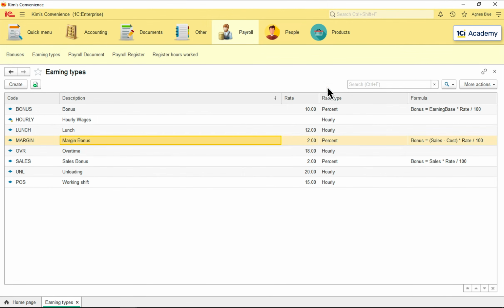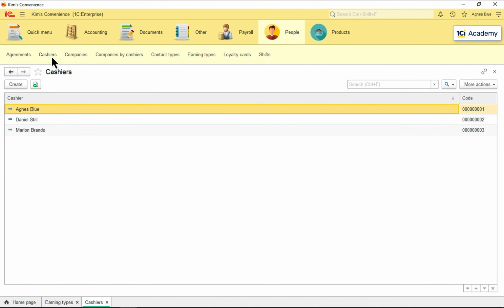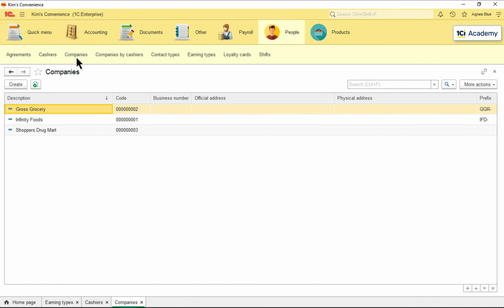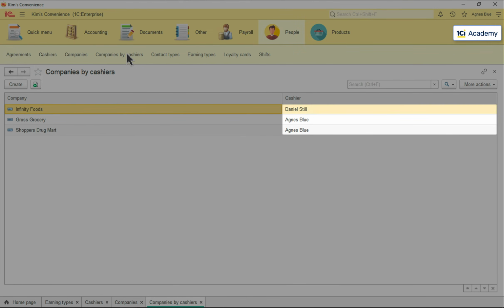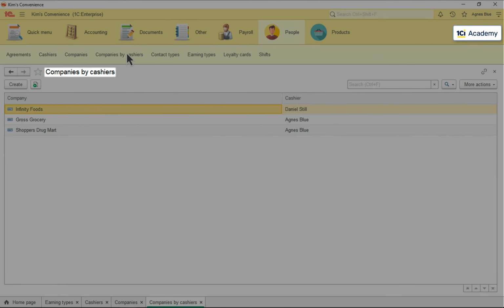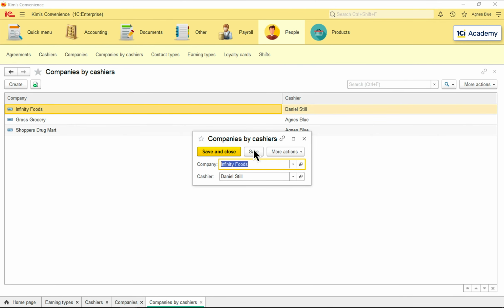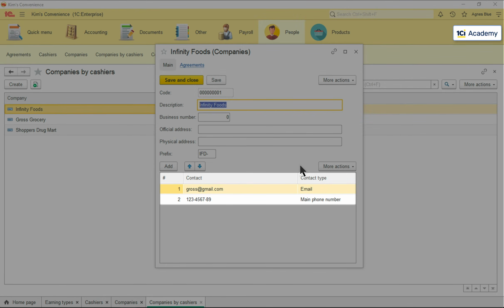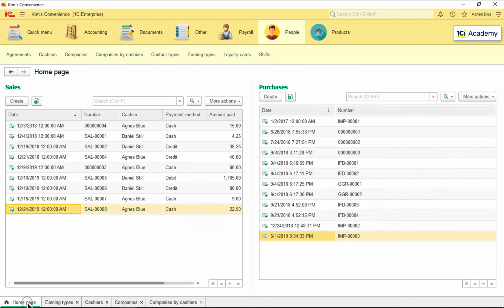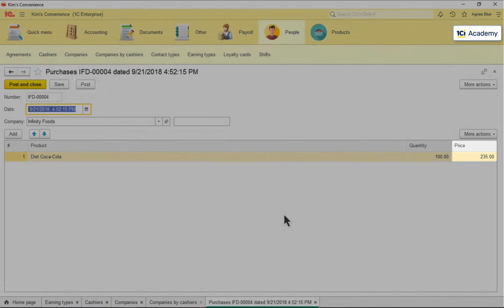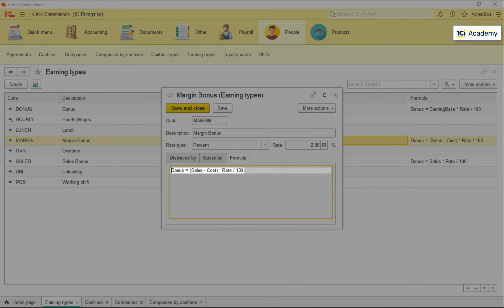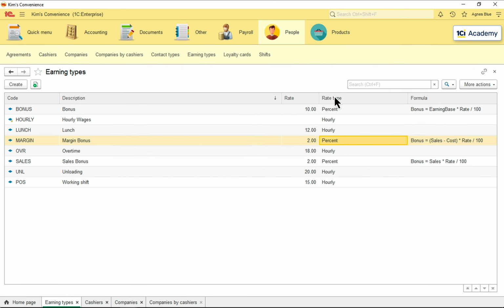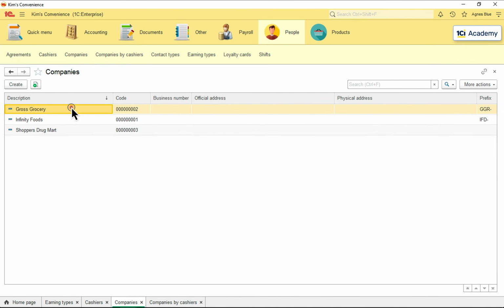Since then, my cashiers, who also perform merchandiser's duties, got quite competitive with each other over the produce suppliers. The thing is that each supplier belongs to a specific cashier, as it's set up in this company's by cashiers information register. Cashiers stay in touch with their contacts and closely monitor sales deals and special offers, so at the end of the day, they can buy things cheaper and maximize their bonus by reducing this cost part of this equation. This small innovation of mine got my good old Agnes and Danny very protective over producers' valuable contact info.